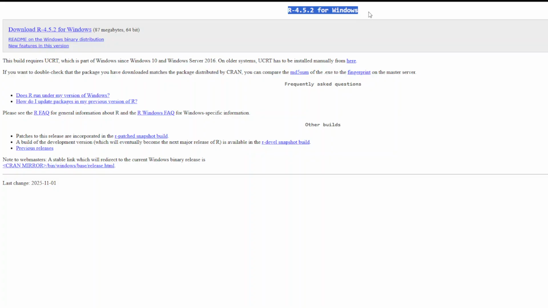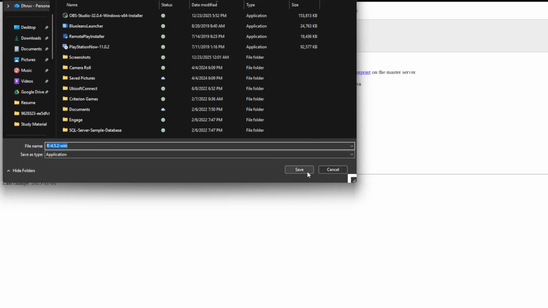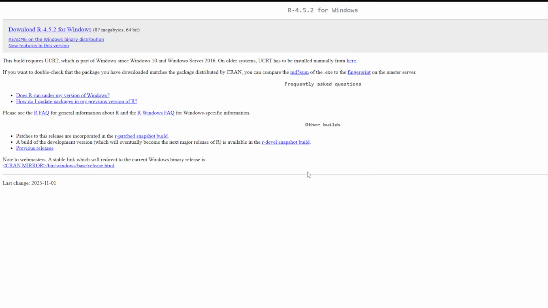You can download R 4.5.2 for Windows, which is available via this link. I'll post it in the description as well. You can also download the README if you need, and the new features in this version. You can check it out. We don't really need it for this video. It will be a bit too much, but we can go for download R for Windows. It will basically open this for you. Then you press save. It will go to your downloads,